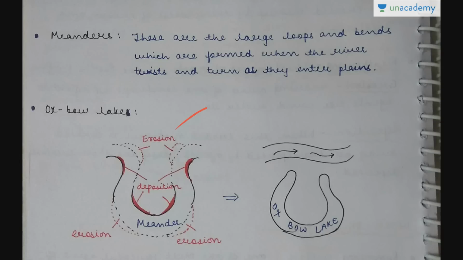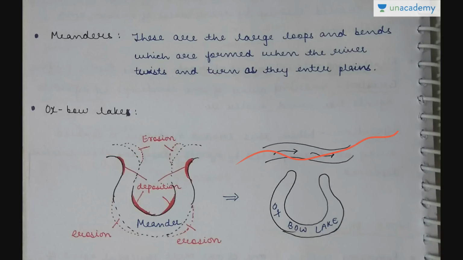Then erosion is taking place, but some deposition is also taking place. The river which has carried some eroded materials from the earlier areas deposits those materials in this area, near the meanders. So there is deposition here, here, here, and here. With due course of time, this will reduce in size. Here also it will reduce in size, but here it will increase in size, and it will slowly cut itself off. The main river will start flowing like this.